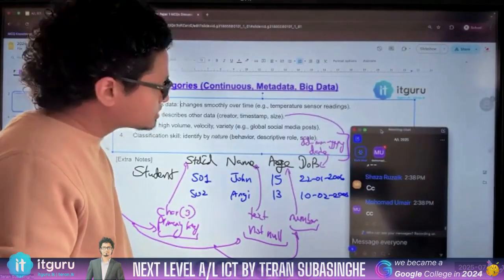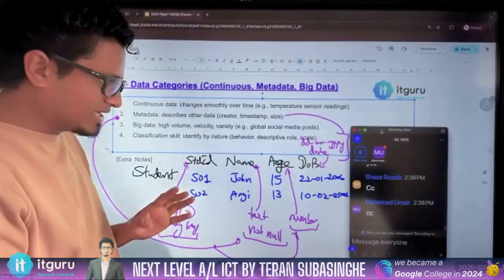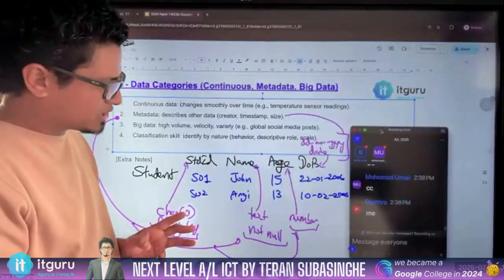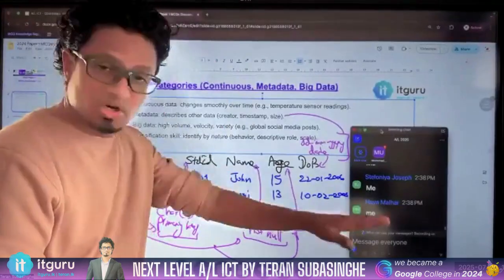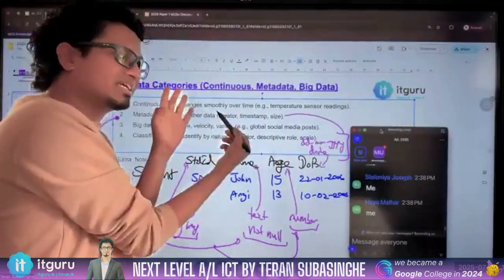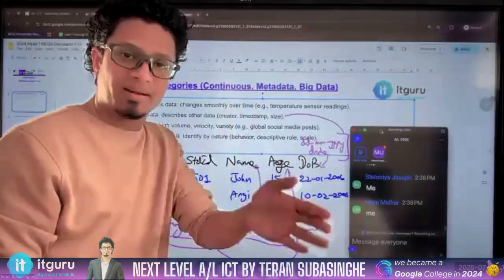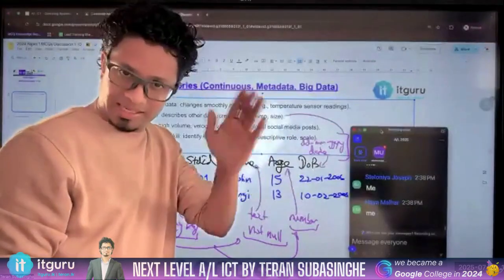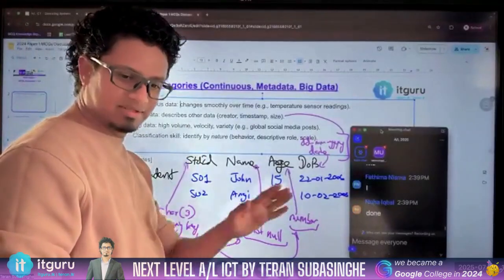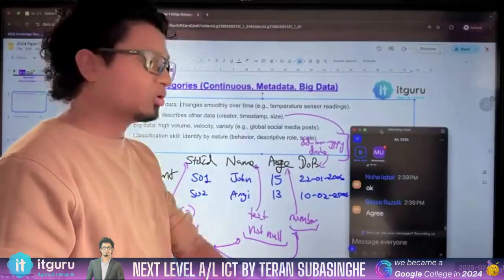Perfect. Thank you. Brilliant. So now, kids, that's metadata. Now, how many of you feel that you want to write this down? Type me in the chat if you're that person. Good. Now, stop. Not yet. Don't write down yet, because if you start to write down while I'm talking, you will miss the rest of the things that I'm going to explain. I'm going to explain this to you first, and then I will give you time to write down separately. Shall we do it in that proper arranged format? Do you agree with me? Promise me that you are going to agree, because if you don't comply with this, I guarantee you will never learn this properly.